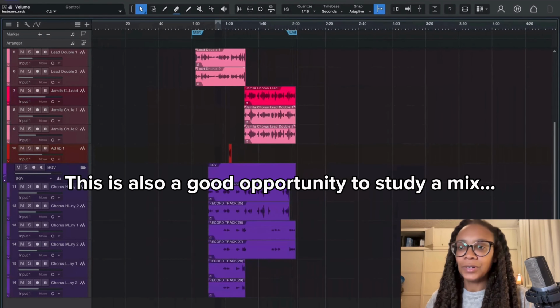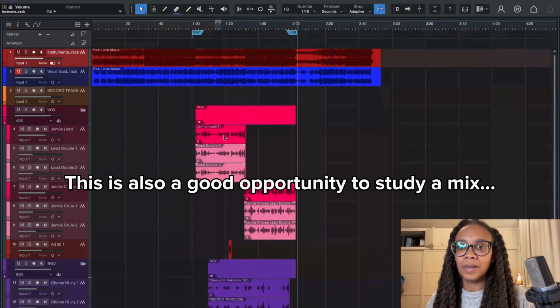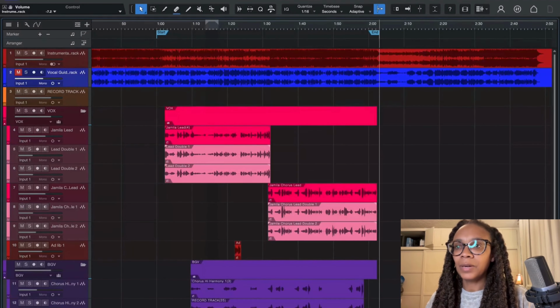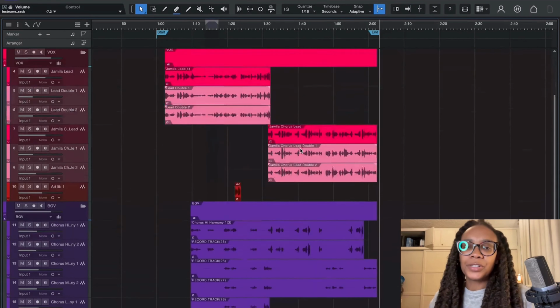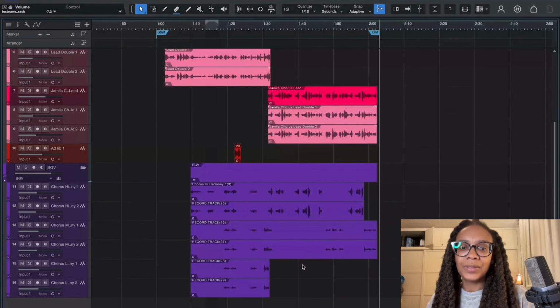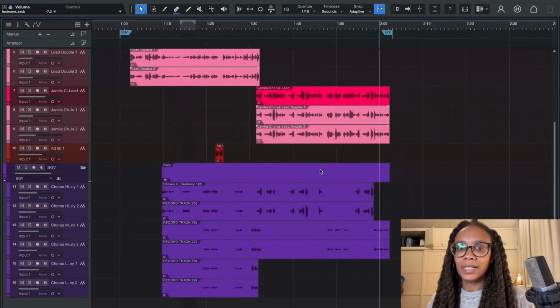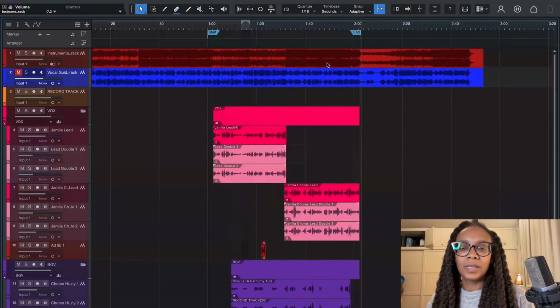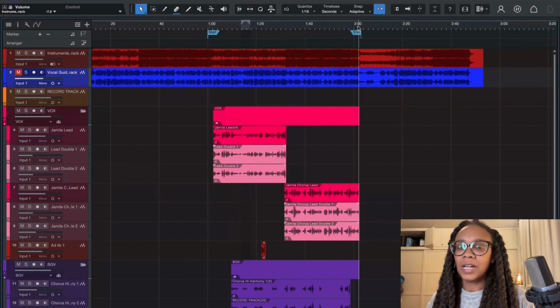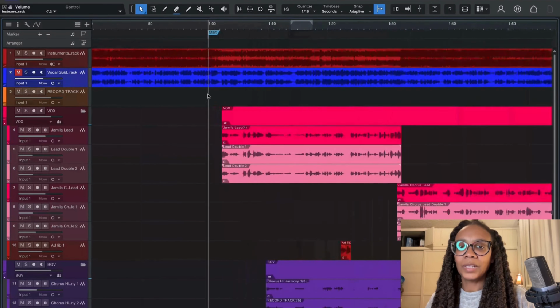And you know, every song you do may not have BGVs. This happened too. And then I will go here and just export the mix down and give a listen just to make sure that everything is balanced out. Nothing's too loud, nothing's sticking out, and it's kind of sitting together pretty nicely. I'll do that for each of the songs that I record.